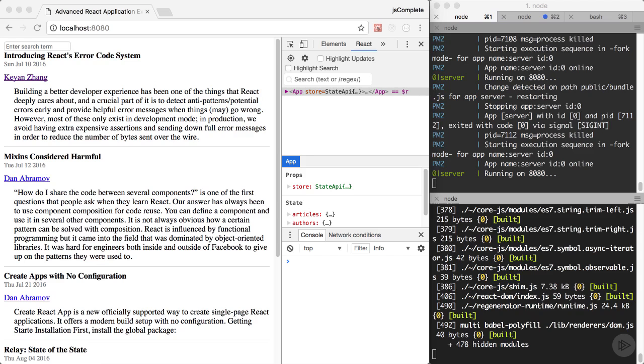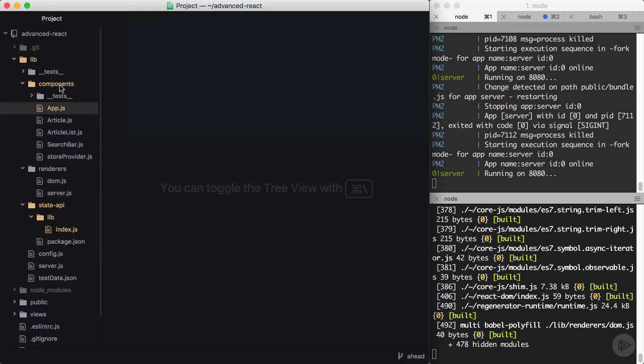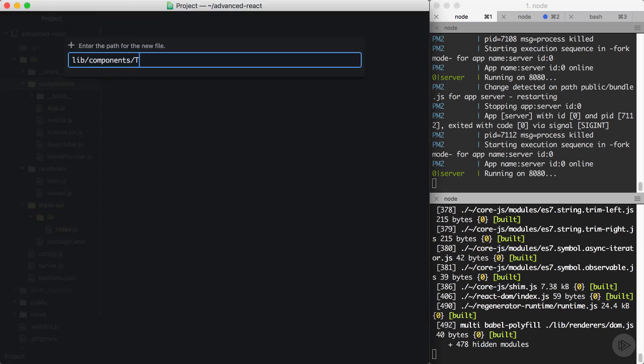Now that we have a state that we can subscribe to, I'm going to go ahead and introduce another component that subscribes to this state. So how about we display the current timestamp and make it tick every second? So I'll go ahead and do that. Let's add a new component here. We'll call this component